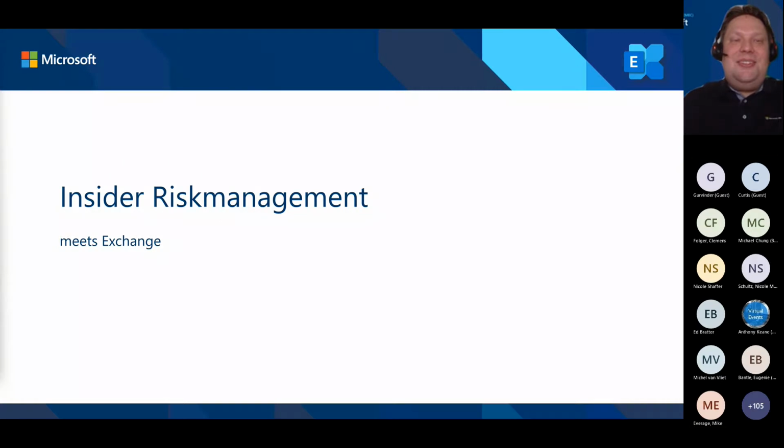So insider risk management. I talked before about communication compliance and bad people sending information outside of the company, and these are insiders. Often you find them with communication compliance. So out of my practice, yes, with communication compliance we find these insiders, but we want to do more. For example, people terminate their contract and say, okay, we go to another company. Then with communication compliance, we see they are talking with other people and sending a lot of emails outside.